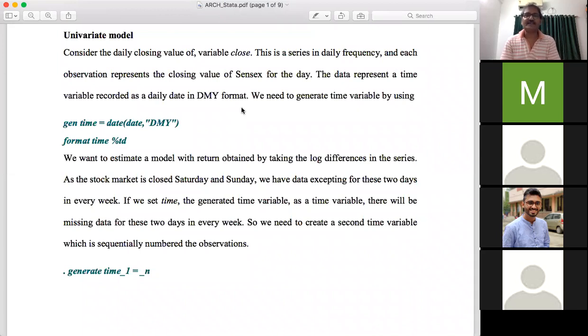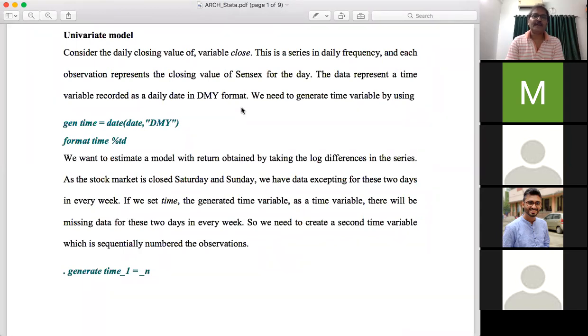Suppose we are selecting the close value, that is the value indicated at the end of the day, the price of all stocks in the form of the sensitivity index. So suppose we are selecting the closing value as a representative for the stock price. If we take the difference of the closing value, we can calculate return.